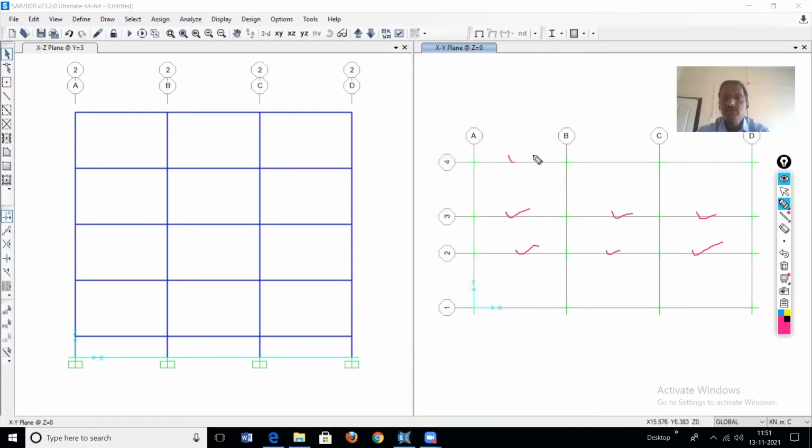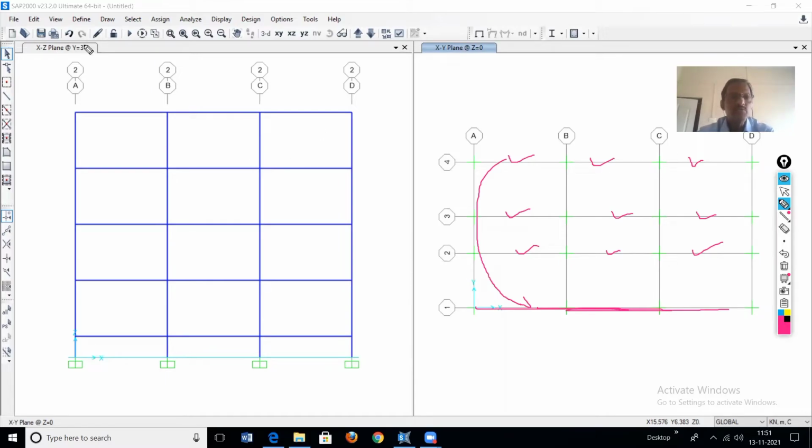That is this part. Now this is exterior. But this frame and this frame are one and the same. This and this, one and the same. So therefore, whatever frame we have already defined and assigned, replicate this. So how much distance total? This is 3 meter, 2 meter, 3 meter. So 3 plus 3 plus 2, it is 8 meter. So this particular frame will replicate by 8 meter, right?